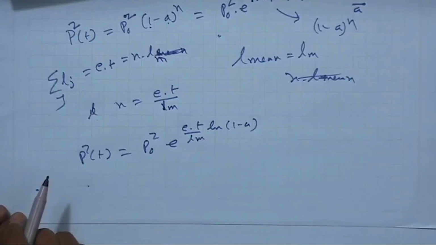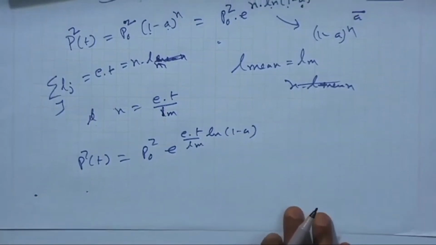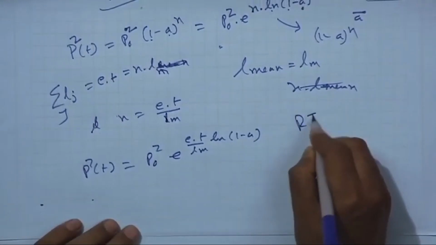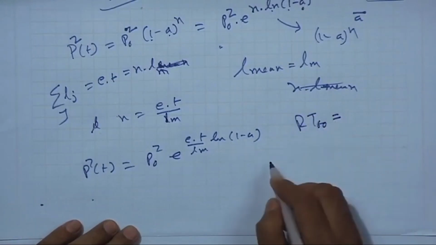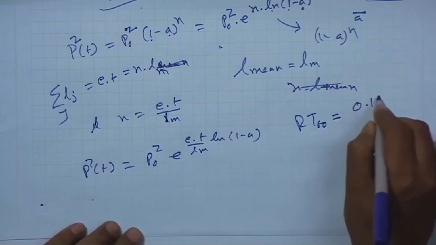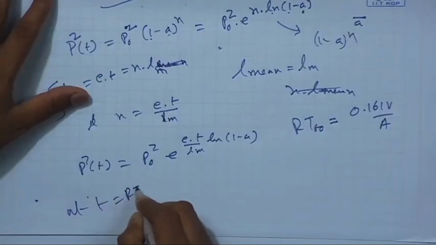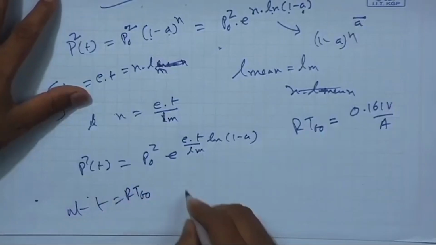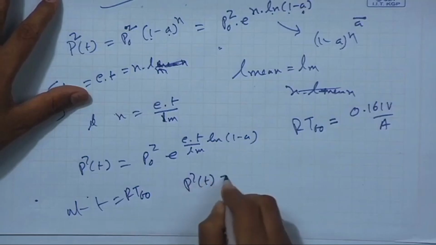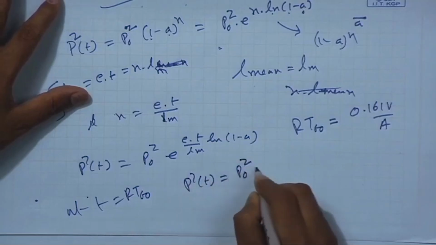Okay. So, what is RT60? RT60 is the reverberation time, which is given by 0.161 V by A. It is the time required for the pressure to decay by 60 dB when the source is off. So, I can say at T equal to RT60, P squared(T) is P0 squared